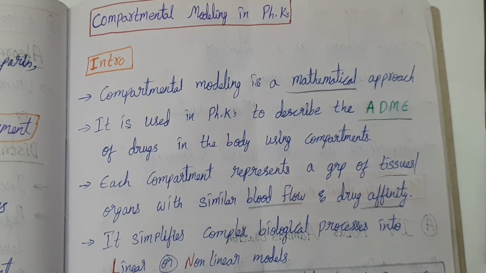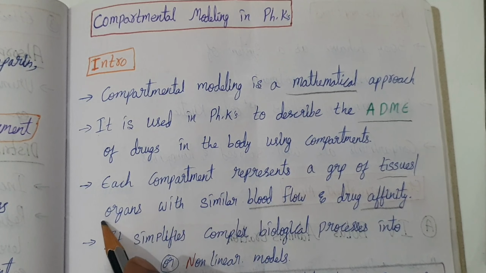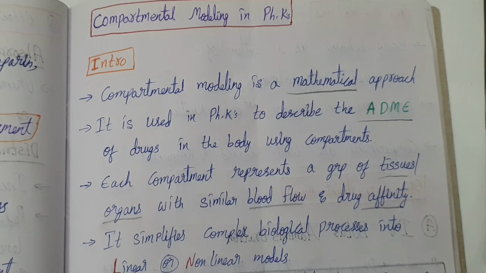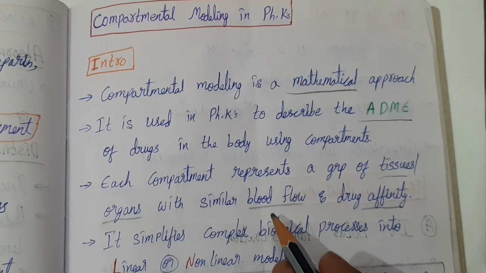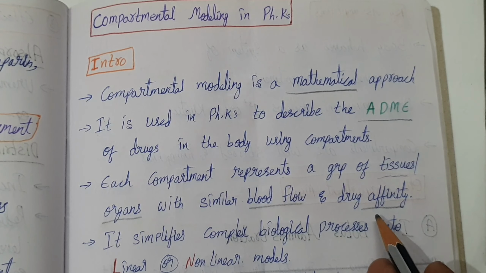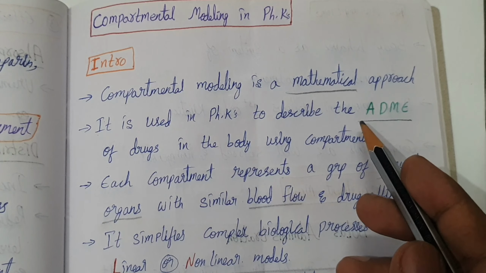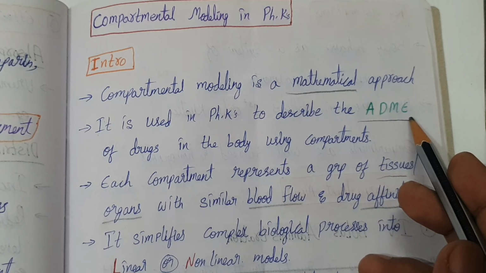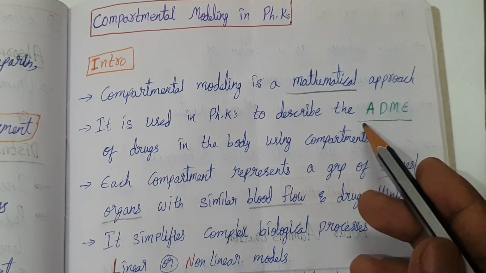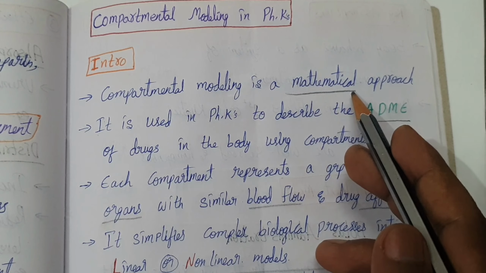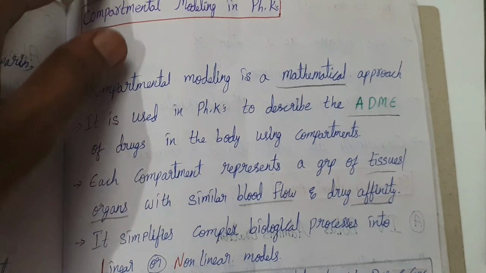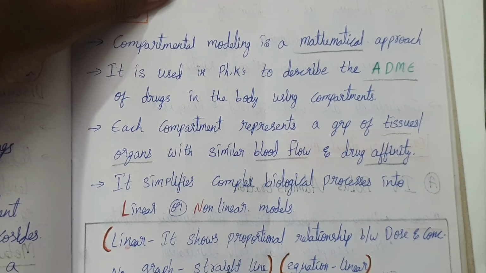Each compartment, or each room, represents a group of tissues or organs that have similar blood flow and affinity for the drug. This model simplifies the complex process of absorption, distribution, metabolism, and excretion into manageable mathematical equations, and it simplifies